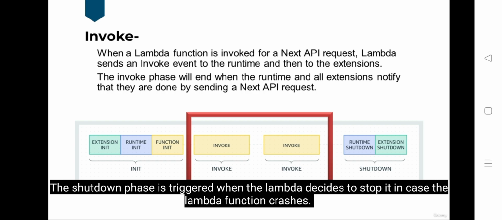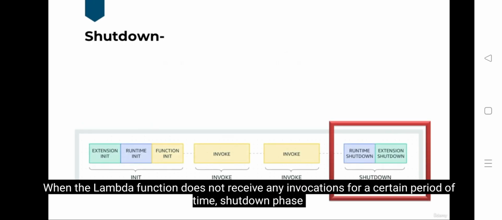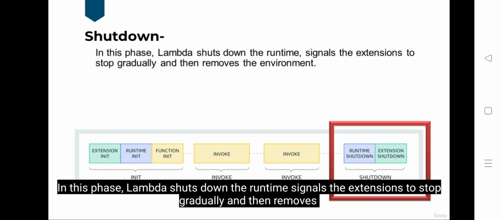In case the Lambda function crashes during the invoke phase, Lambda resets the execution environment and the reset behaves like a shutdown event. Shutdown. When the Lambda function does not receive any invocations for a certain period of time, shutdown phase is triggered. In this phase, Lambda shuts down the runtime, signals the extensions to stop gradually, and then removes